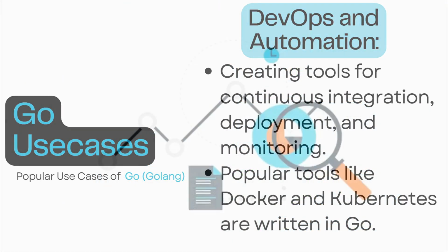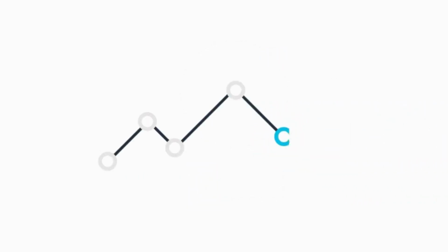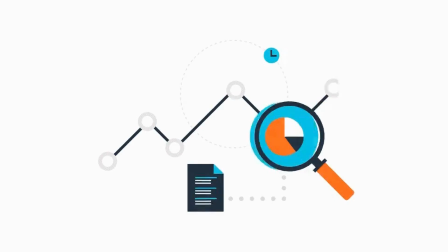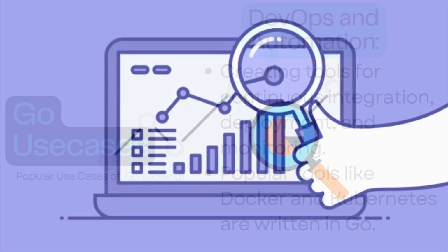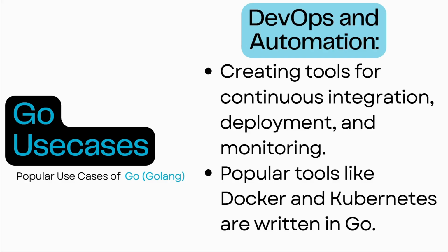Whereas monitoring is the practice of continuously observing the performance and health of an application and its infrastructure. It involves tracking metrics, logs, and alerts to ensure the system is running smoothly or not. So simply, we can say continuous integration will ensure that new code changes are tested and verified frequently, reducing the risk of introducing bugs. Whereas continuous deployment will automate the deployment of code changes to production,